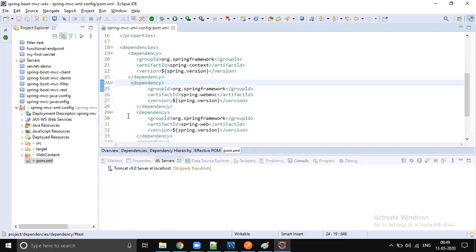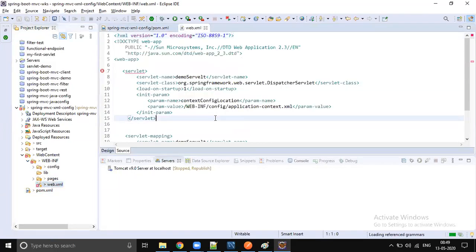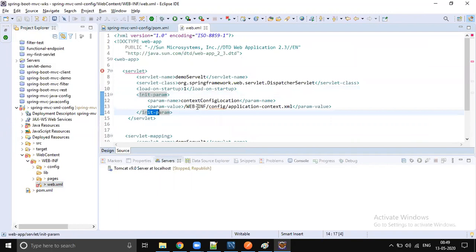You have to add Spring MVC dependencies. And the second step is go to the WEB-INF web.xml file. You have to configure the dispatcher servlet: servlet name, servlet class, load on startup. On top of that, you need to pass your configuration file, right?